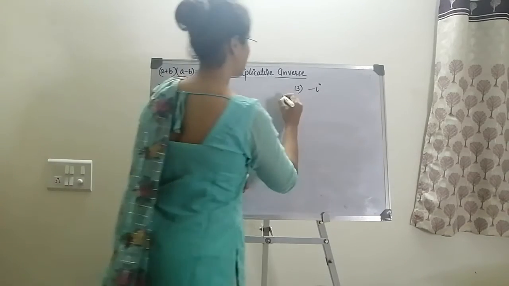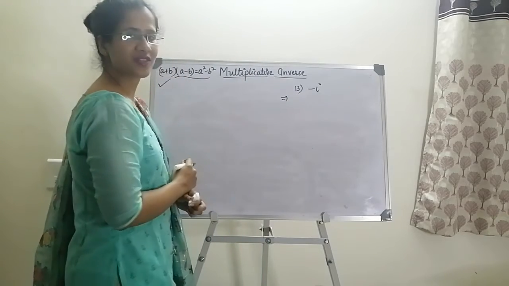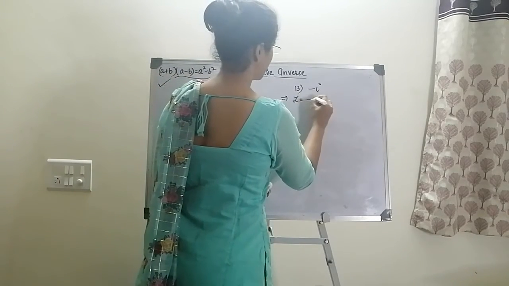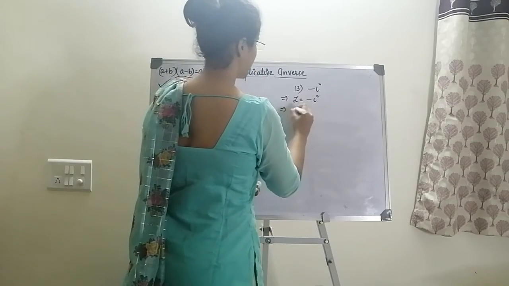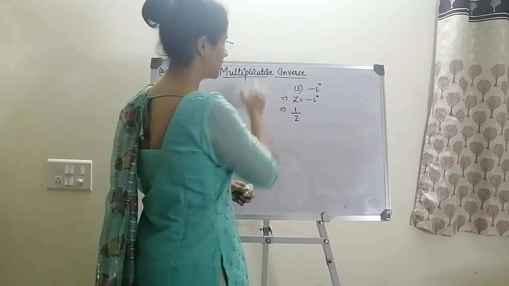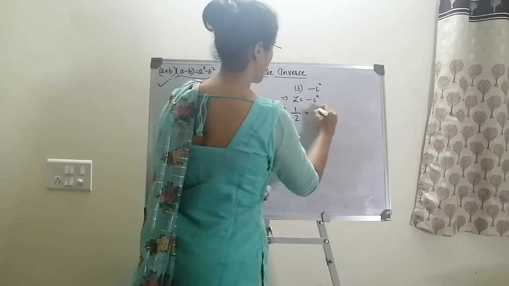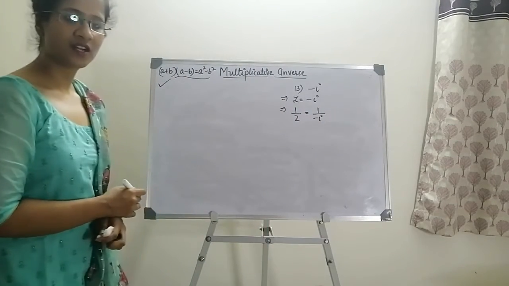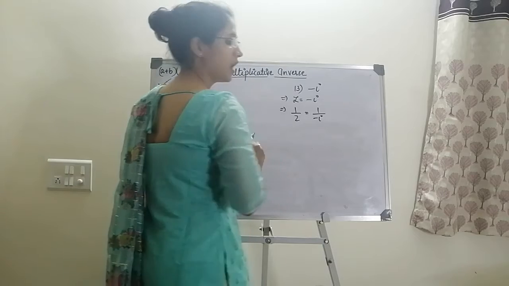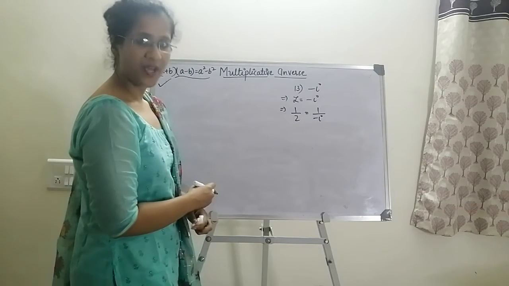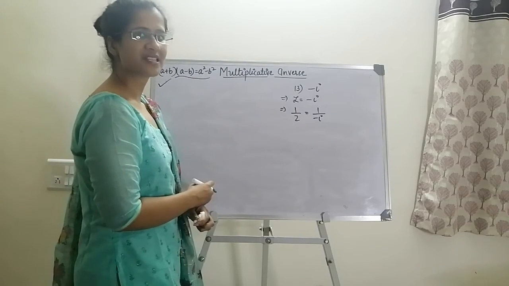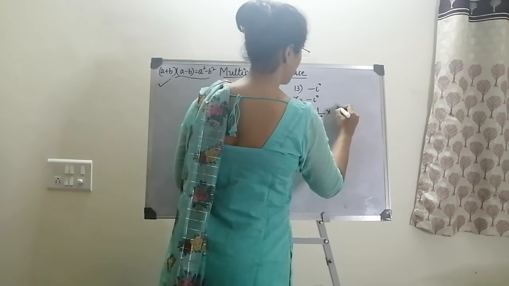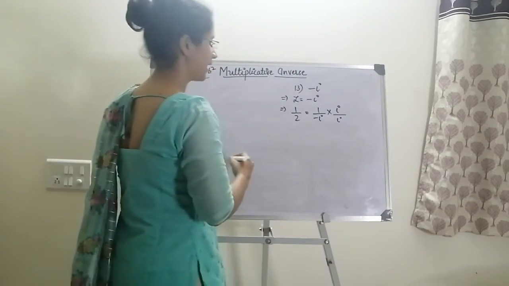Okay. So on that note, we'll start off with the last problem on multiplicative inverse. z is equal to minus i. z can be written as 1 by z because it is multiplicative inverse: 1 divided by minus i. So I will rationalize the denominator, because i is nothing but the square root of minus 1, which is obviously a square root symbol. So I should rationalize the denominator, multiply and divide by i.